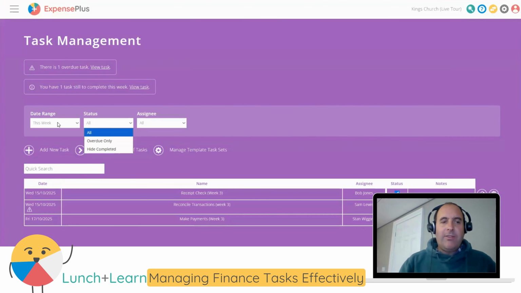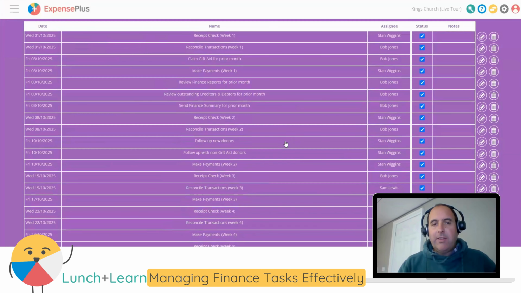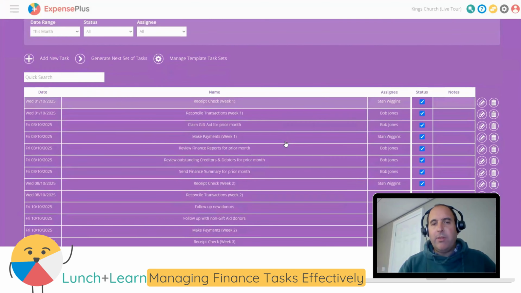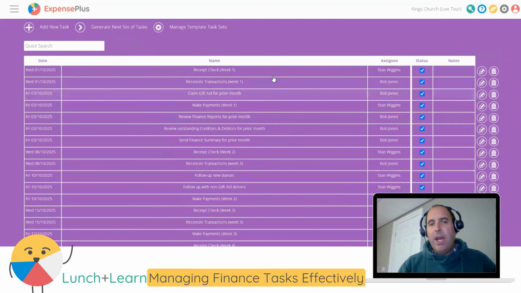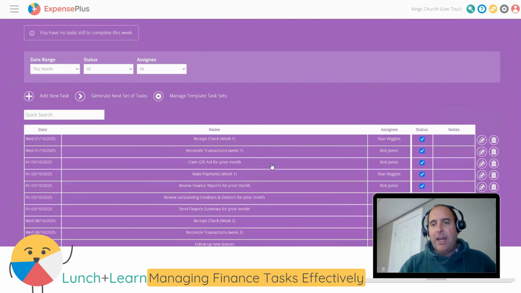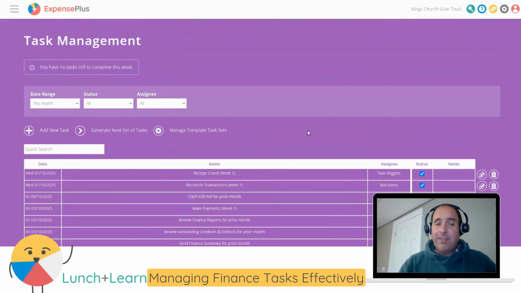We're going to look at the tasks for a whole month then. So these are our tasks for this month. So you can also zoom out and look at the monthly view, and you can see all of the different tasks that have been set up. When you set up a task, you can link it to a person, and you can link it to a screen inside ExpensePlus or an external link where you need to go and do the thing that you need to do. And so I'm going to talk in a moment about how you efficiently create tasks, but just to mention,